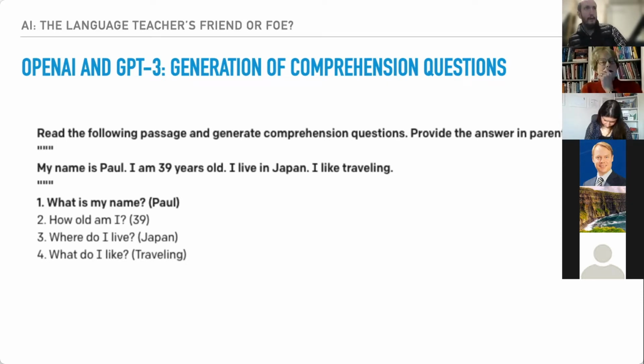So this could be quite a big time-saving facility for teachers. If you tend to give your students a lot of comprehension texts, as I do, this could be a big time saver for you. And it will actually copy not just the content, but the form of the question. So because I put the answer in brackets, it went, oh, he wants me to put the answer in brackets. Okay, I'll do that. So it copies the format of the text and also the content as well.